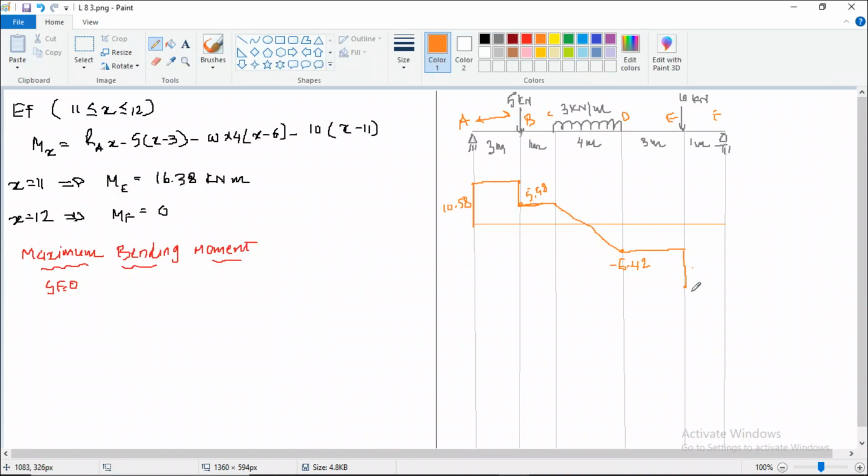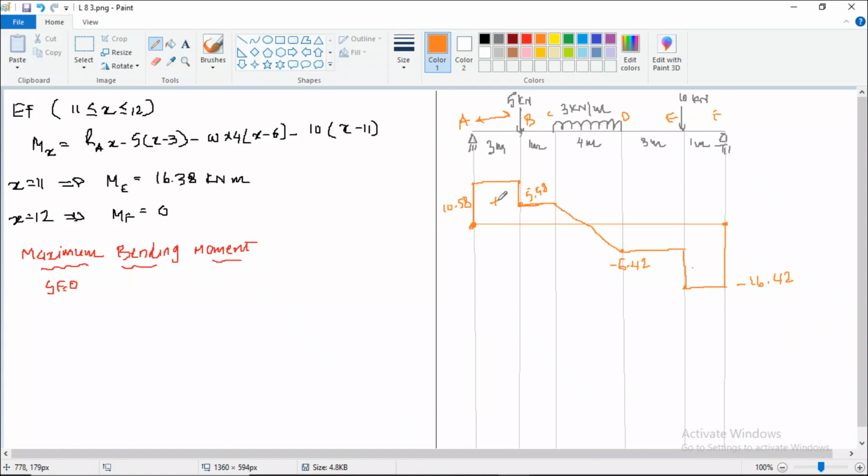So we draw a straight line from E to F and the value remains here minus 16.42. And if you see at point F we have a reaction F and that is equal to plus 16.42. So ultimately we will meet back to the zero line. So here, if you want to check whether your calculations are correct or not, you can check it by observing the starting line, that is we start from 0, and observing the ending point, we end at 0 always in drawing the shear force diagram.